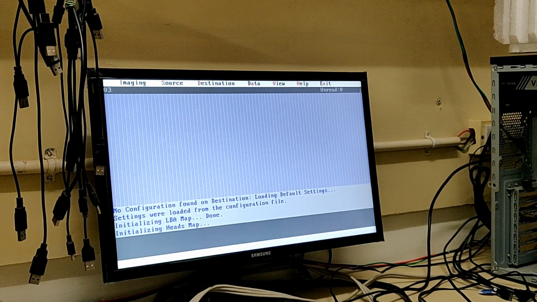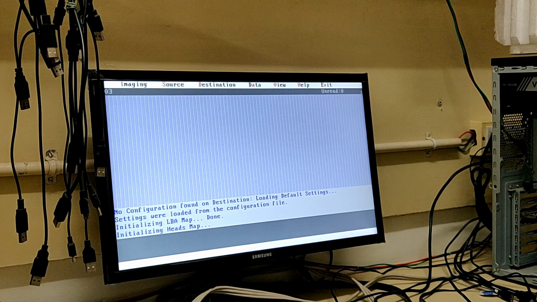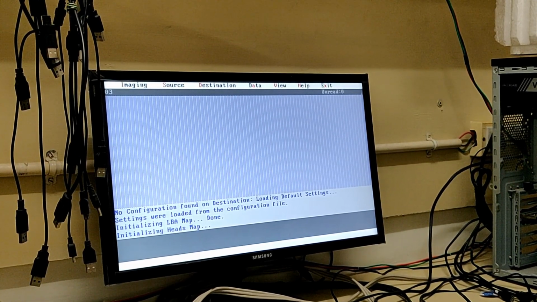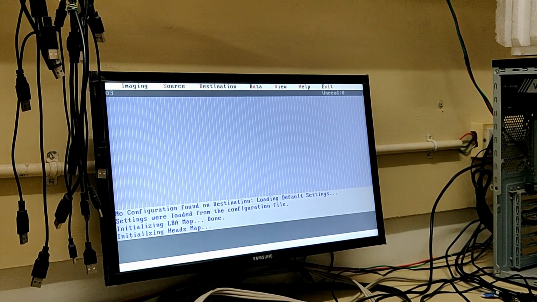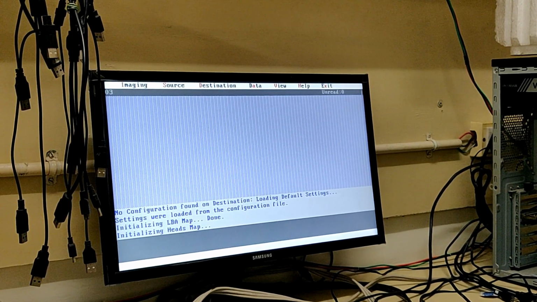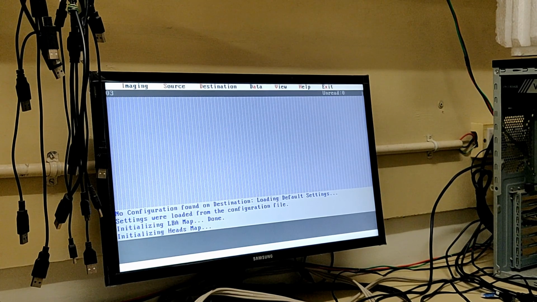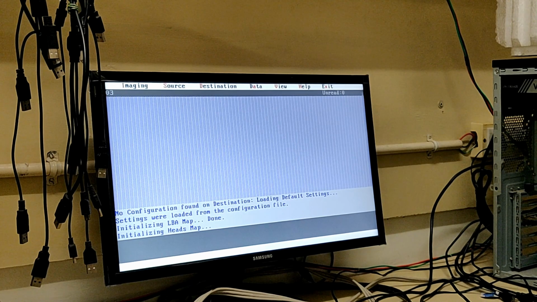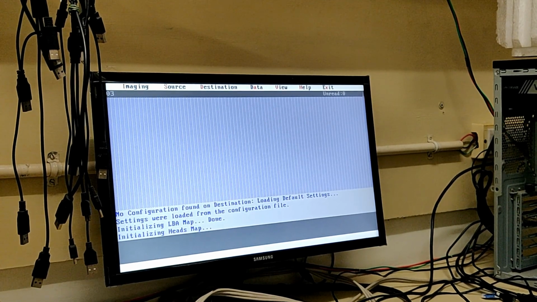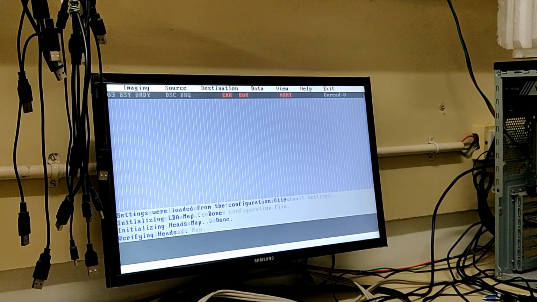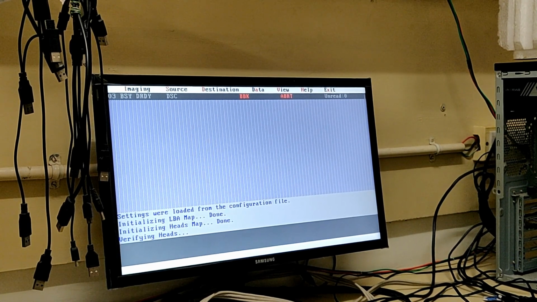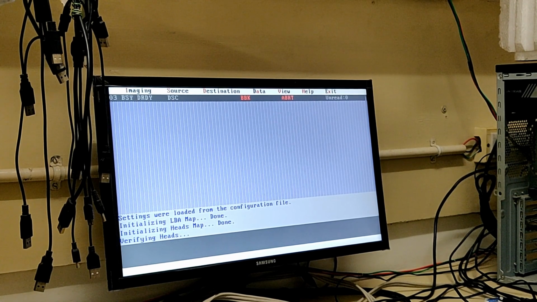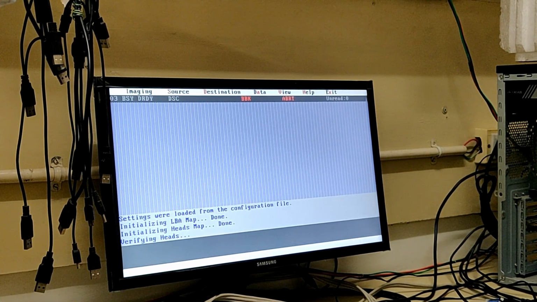So here you are. It says initializing head map. LBA map is done, and initializing head map, but I don't see the head map starting. I don't know, might be I need to tinker around with something, because I occasionally see that this DeepSpark system freezes. I think there is some oxidation on the cards and I need to take them out once, clean them and put them back. So here you can see again I get an error there. It says error verifying heads, and I don't know.